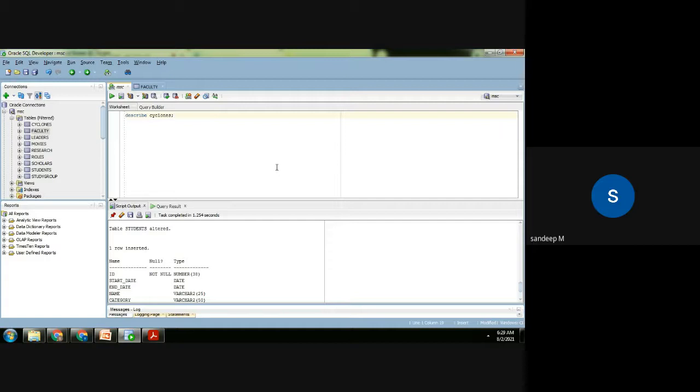As programmers, you'll be writing programs. From a Java program, how do you connect to the database and do insertions, deletions and modifications? That is JDBC, Java Database Connectivity.